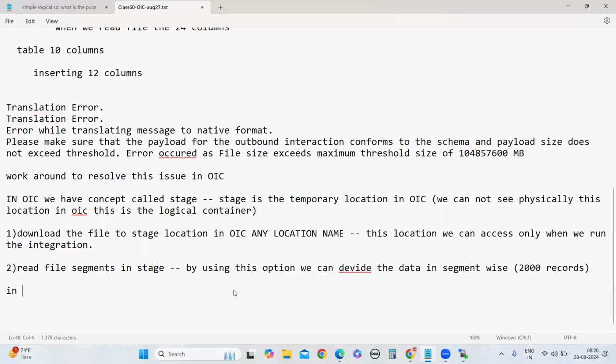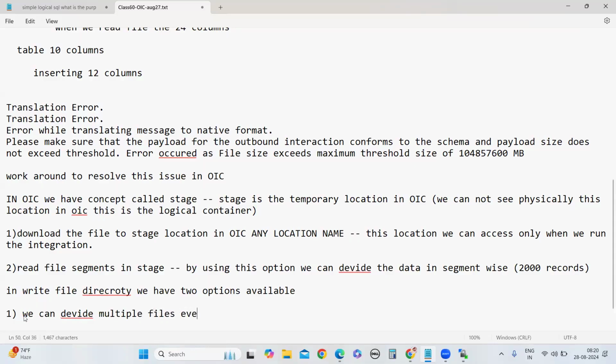In the write file directory, we have two options available. One is that we can divide the data into multiple files, where every file contains 2000 records.